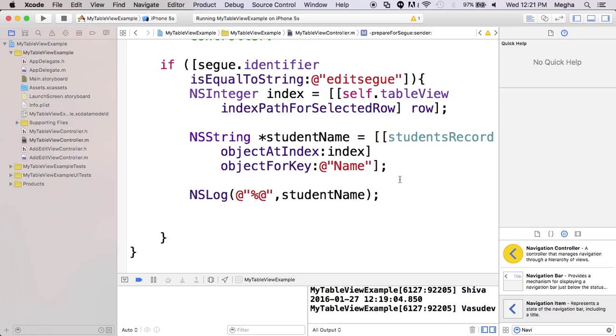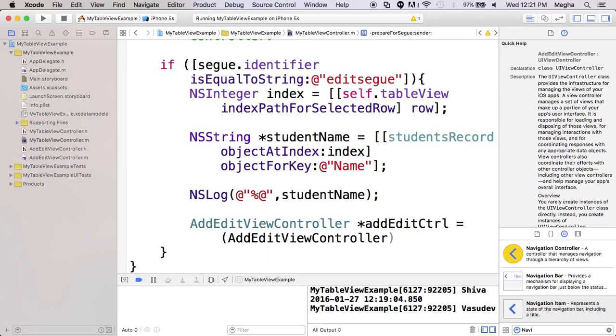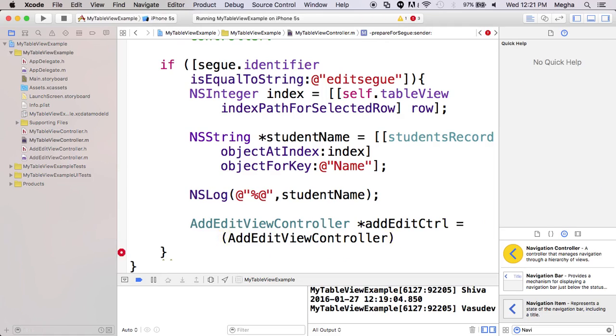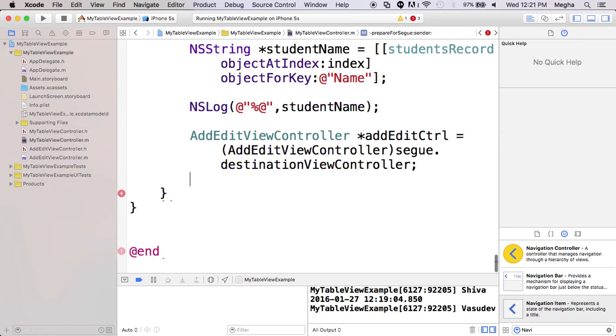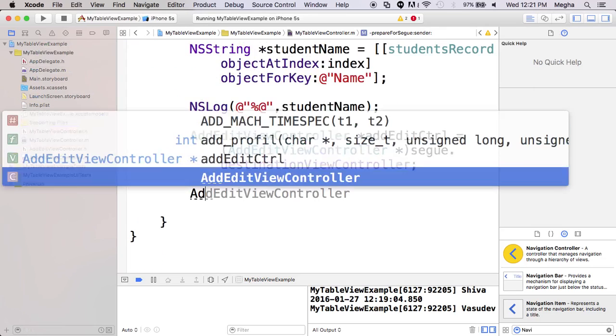okay, let us recreate that particular view controller. This time destination view controller, because the forward one, this guy is, oh sorry, pointer missing. And edit